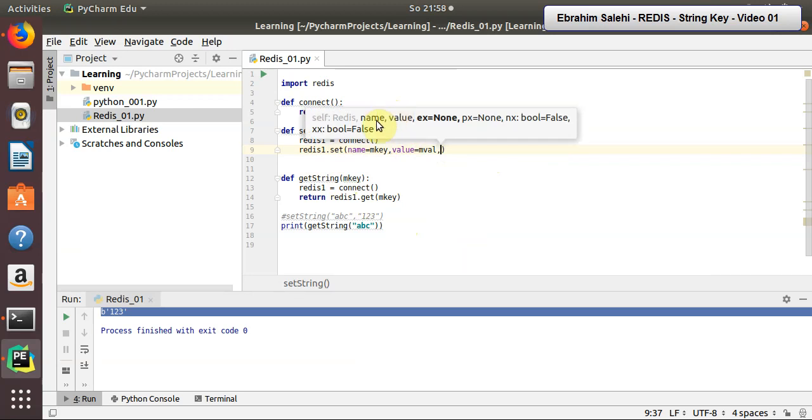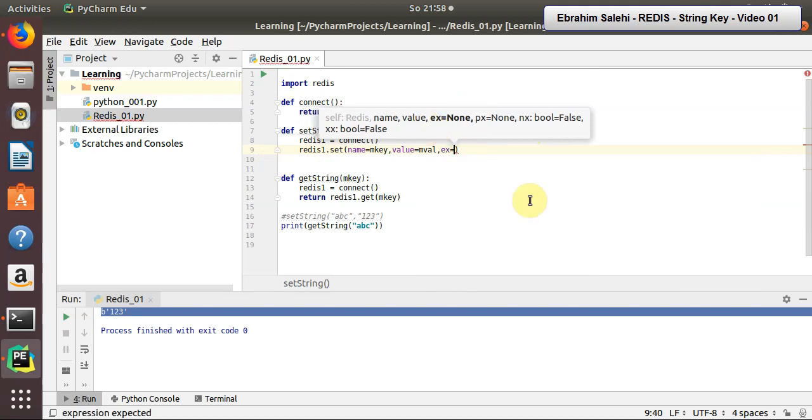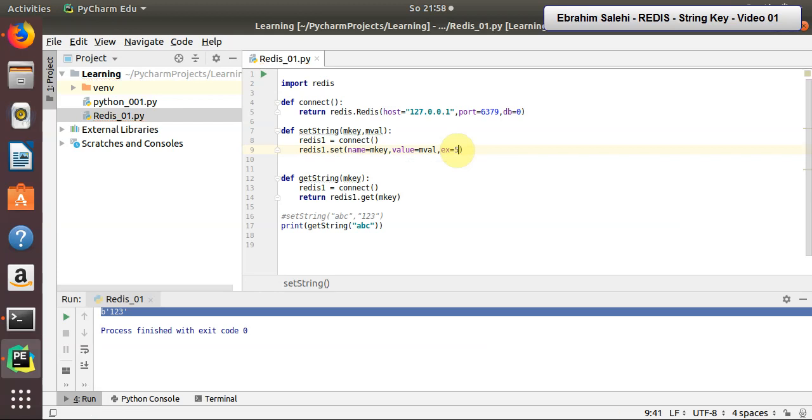What is it? The EX. What is EX and PX and NX and XX? Okay, EX is the time for expiration in seconds. For example, if I use 5, this key, the ABC key,